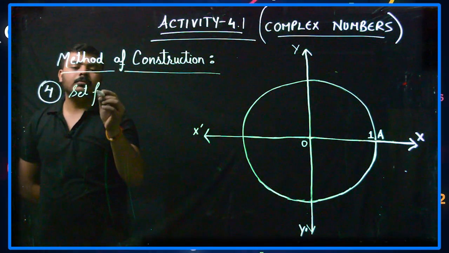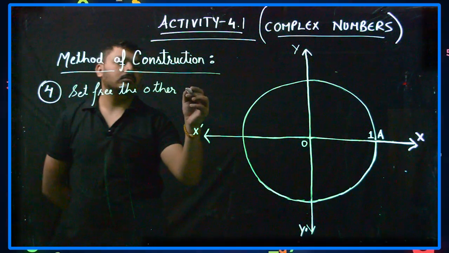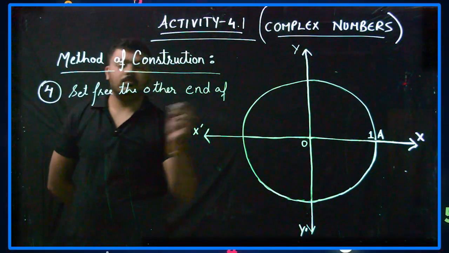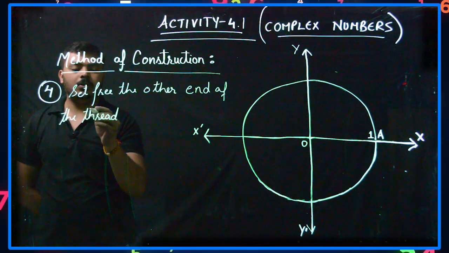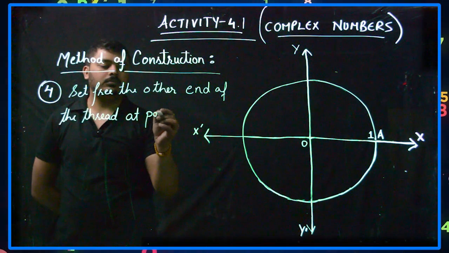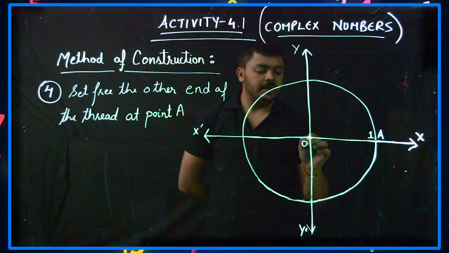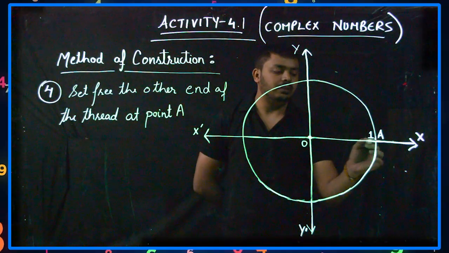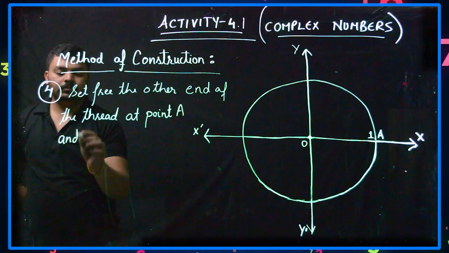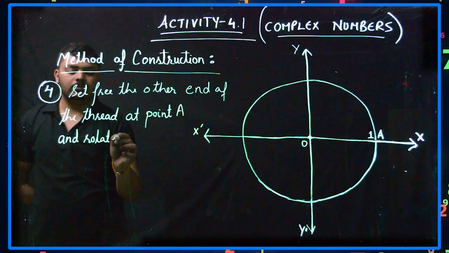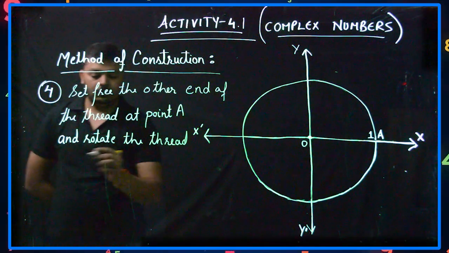Set free the other end of the thread at point A. That is, we have tied the thread at point O to the point A of unit length 1, and now we are setting free the other end, that is at point A, and rotate the thread through different angles,